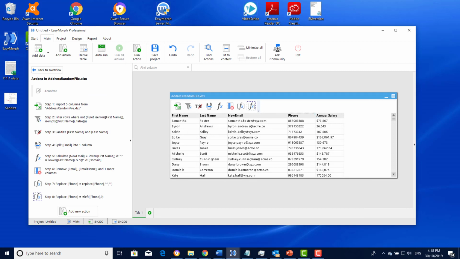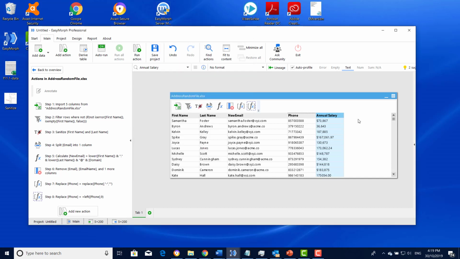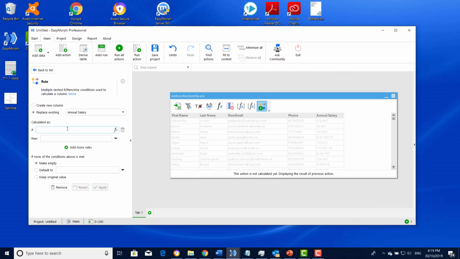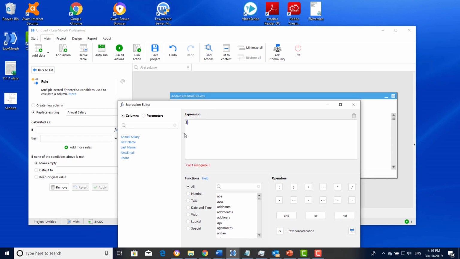Moving on to the salary, annual salary. If we filter here, we can see some of the figures have dollar values in front of them, others do not. Some have decimals, others not. So the very first thing that I want to do is modify this so that we take out the dollar sign. I will go modify using a rule, and I'm going to go to my expression again, and I'm going to say if left first character of salary, it's got the dollar sign in front of it,